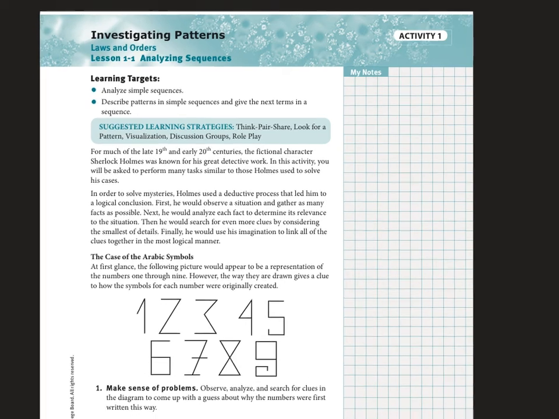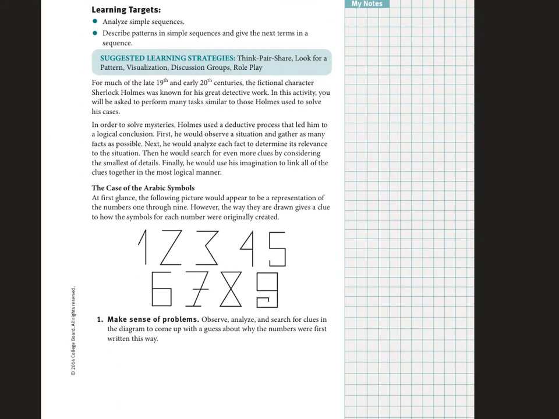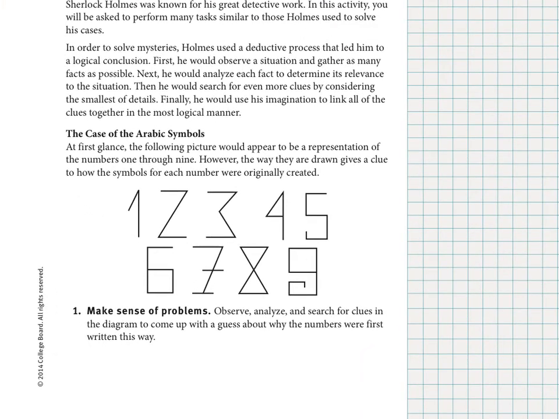So at first glance, the picture down here, it seems to just give the numbers 1 through 9. However, the way they're drawn, they look a little different than if you were to just draw the numbers 1 through 9. You probably would not write them like this necessarily. But take a look at those. See if you can come up with anything about the way they're written that might form a sequence or kind of tie into the number itself. And it might not be obvious. But one thing as I was looking at these was I noticed, if you're thinking in terms of math especially, which we all should be doing,